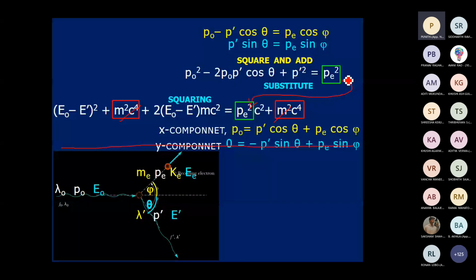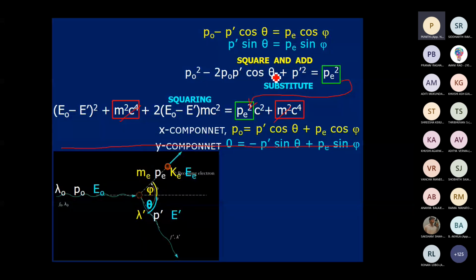Okay, sir. Got it. Thank you, sir. I didn't mention that. I thought you might have understood. Sin square theta plus cos square theta is equal to 1, that we have added upon, so I did not write that particular equation. I presume that most of you may know it. That is what is taken here when we are squaring and adding in this process.